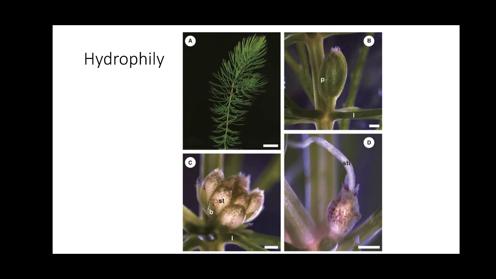But always the case will be that the female flower is going to be on the downstream of the current, because the pollen liberated by the male flower is going to go downstream with the flow of water, and is going to be accepted by the female right there in the downstream.